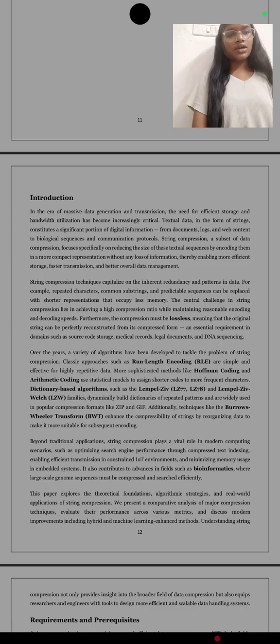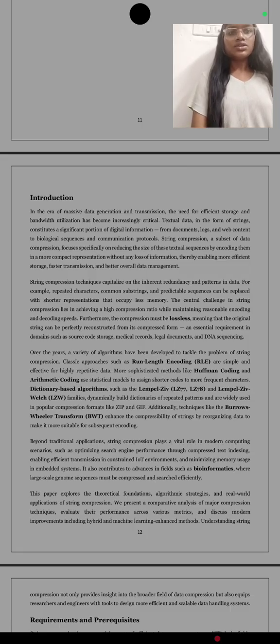In the era of massive data generation and transmission, the need for efficient storage and bandwidth utilization has become increasingly critical. Textual data in the form of strings constitutes a significant portion of digital information, from documents, logs, and web content to biological sequences and communication protocols. String compression, a subset of data compression, focuses specifically on reducing the size of these textual sequences by encoding them in a more compact representation without any loss of information, thereby enabling more efficient storage, faster transmission, and better overall